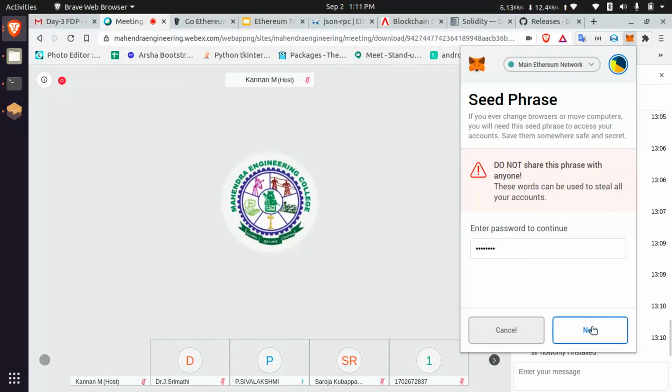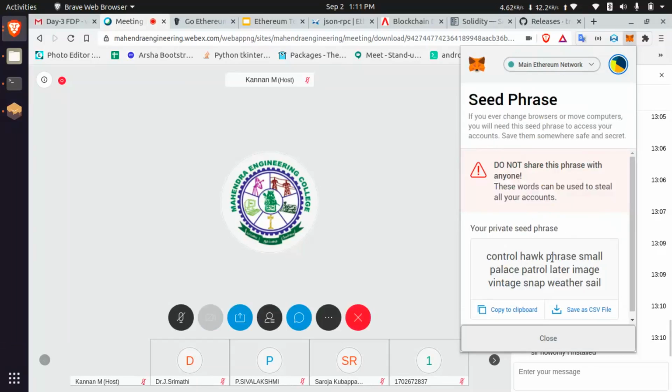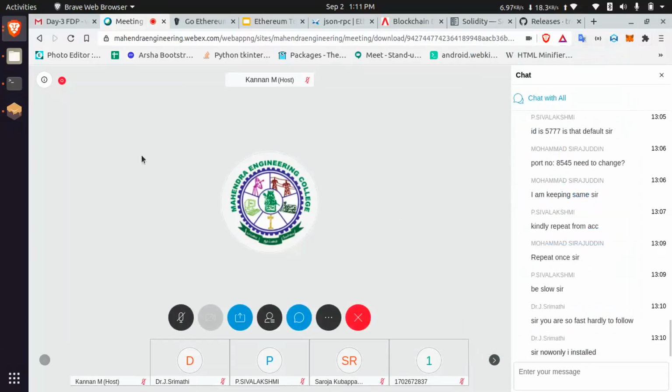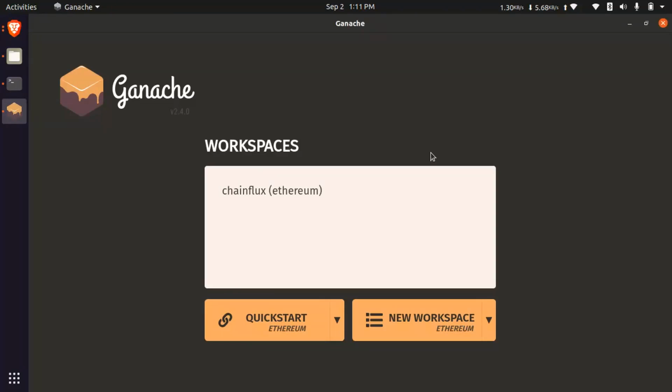Yesterday I did not store that seed phrase and deleted that file, so I am taking it from MetaMask itself. This is my seed phrase. In your MetaMask also you can retrieve your seed phrase. I'm just copying that seed phrase.